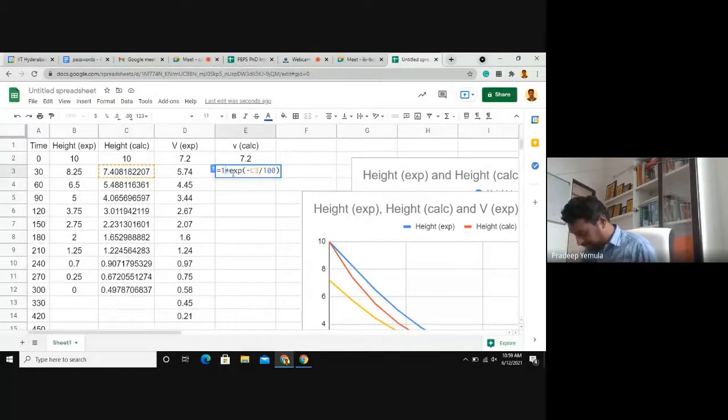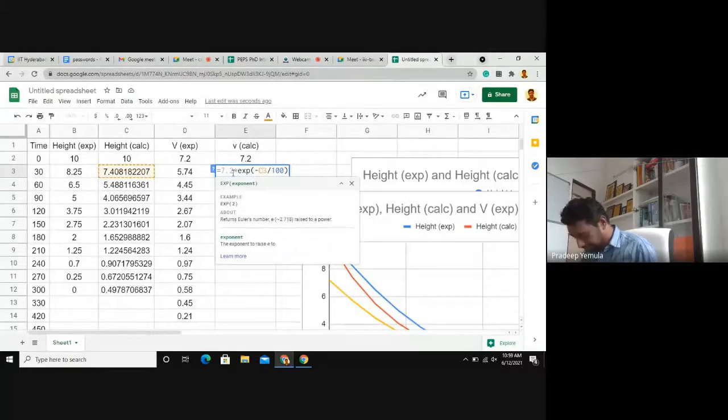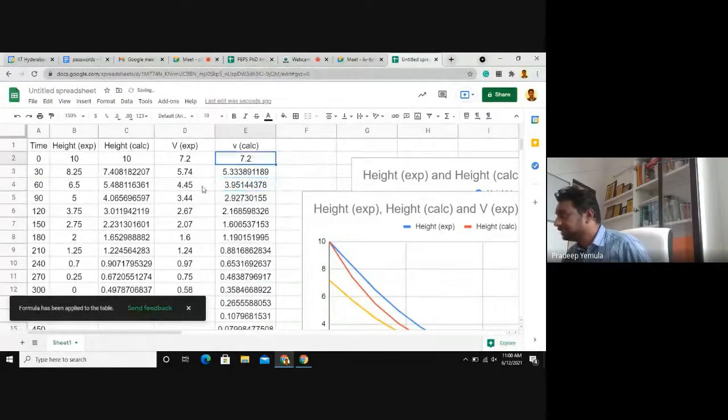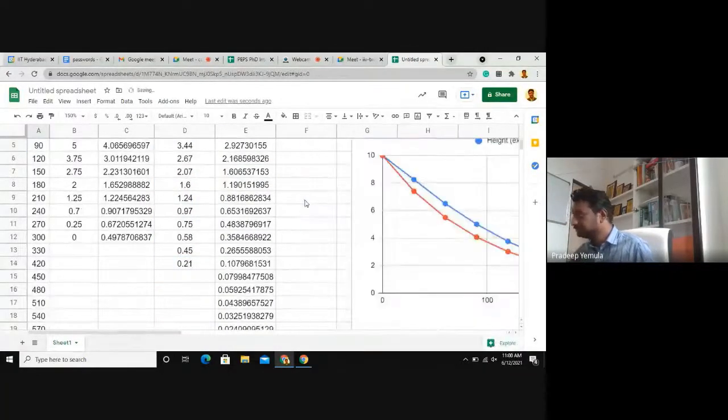So the starting value is 7.2 and time is A3. So the RC time constant is 100. So again, I'm getting something like this. So let me plot these two. I'll delete this old plot.